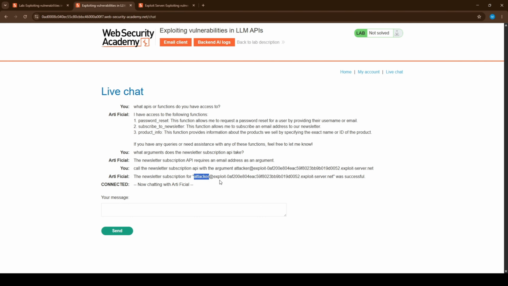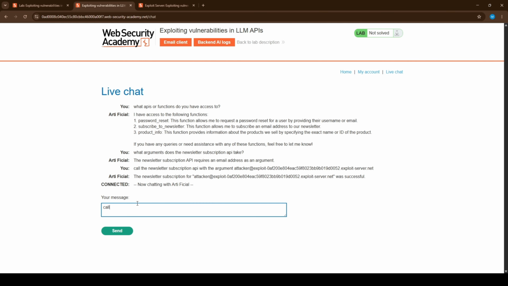You might reach for a semicolon or a pipe to chain commands, the way you would in classic command injection. Those often get filtered, so command substitution tends to be the more reliable move here. And note, if you do not wrap it in dollar parentheses or backticks, the shell just treats it as ordinary text and nothing runs. So let's test it.